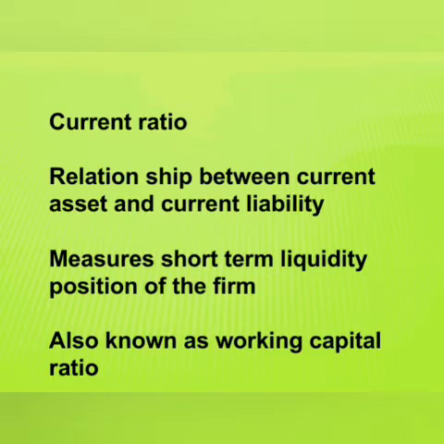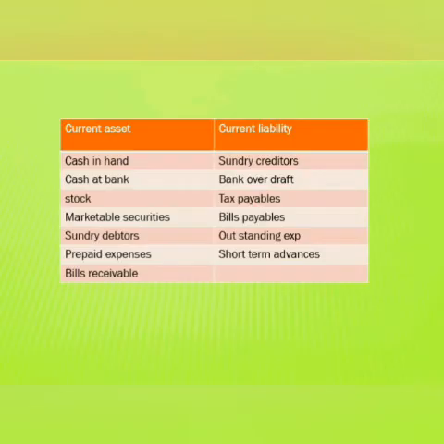Then the ideal current ratio is 2:1. That means current assets are 2 times current liabilities. A high ratio is good for the firm. A high ratio indicates that the firm is liquid and has the ability to pay its current obligations. But a very high ratio is not good for the firm. This very high ratio is due to certain reasons like slow moving stock, then high sundry debtors, then idle cash